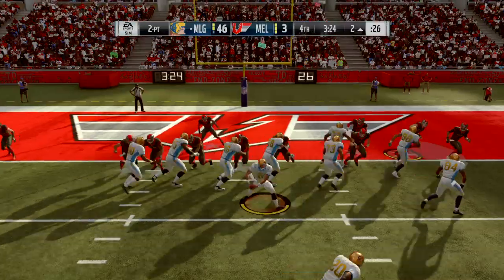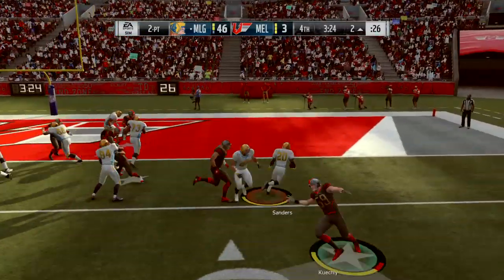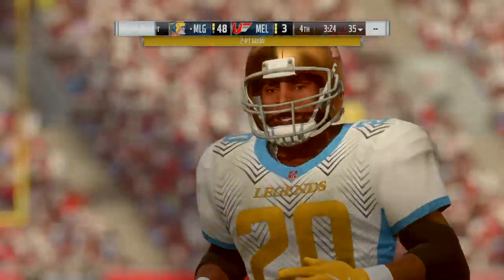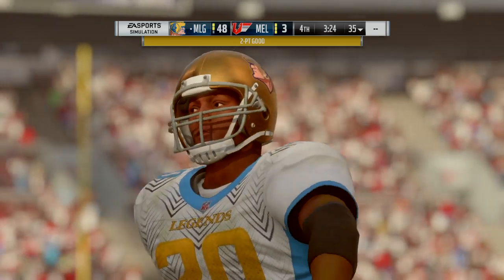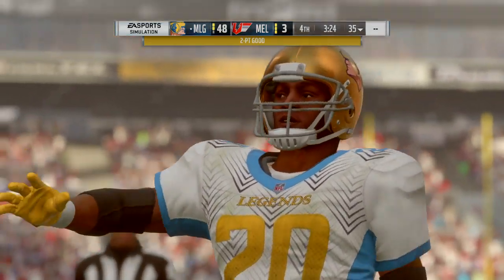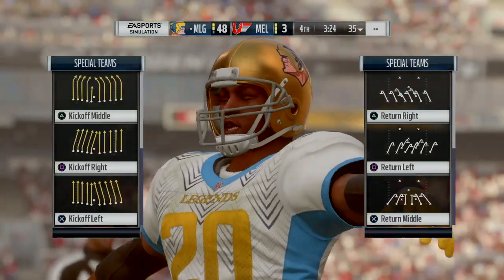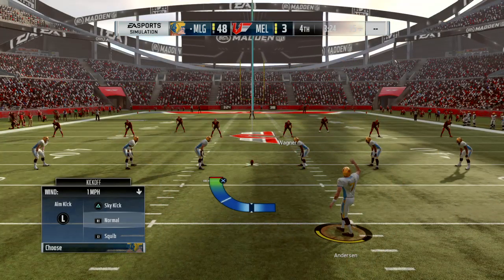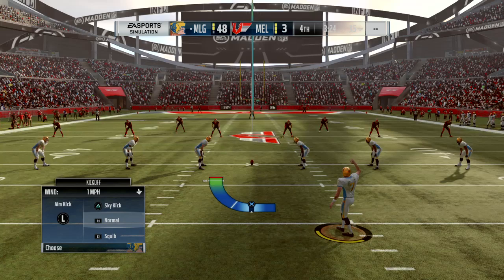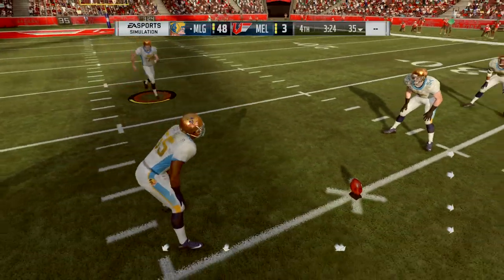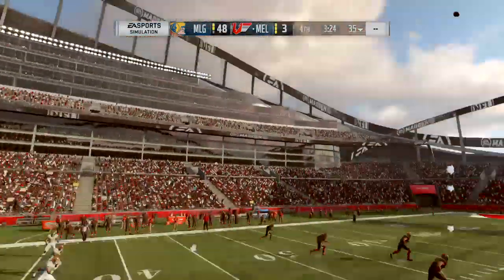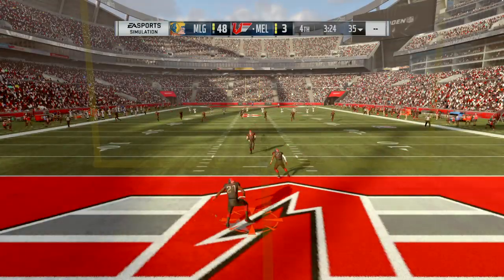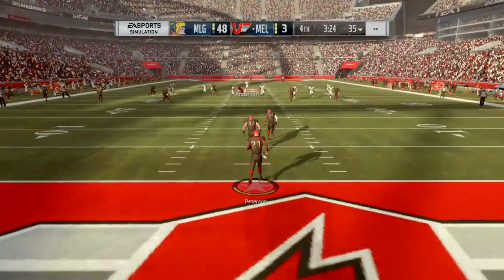Here we go now. Now a toss coming right side. It's Sanders. And that's why you put a Hall of Famer back there. He's in for 2 points. And is there bad blood here? I mean, go for 2 when you're up that much? If there wasn't before, there is now. When you do that, you've just announced to everyone, you just don't care about the other side at all. All you care about is what you're doing, and they just want to pile up points. They did. That'll be taken in the end zone.